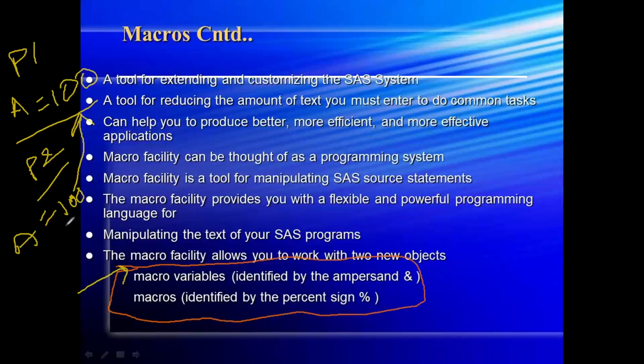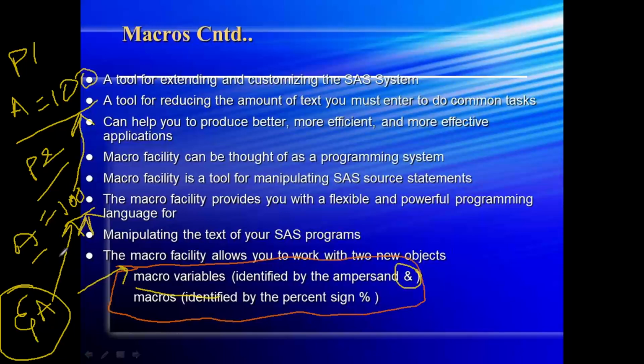For example, I've created a variable called a, and a value 100 to be stored, which I wanted to use. I'm going to create a macro variable that I can invoke any other time in any other place, identified with an ampersand sign. So &a refers to the macro variable and the value that you have created. We can use this any number of times you want. You can just use it with the macro variable. That's a simple point to remember.